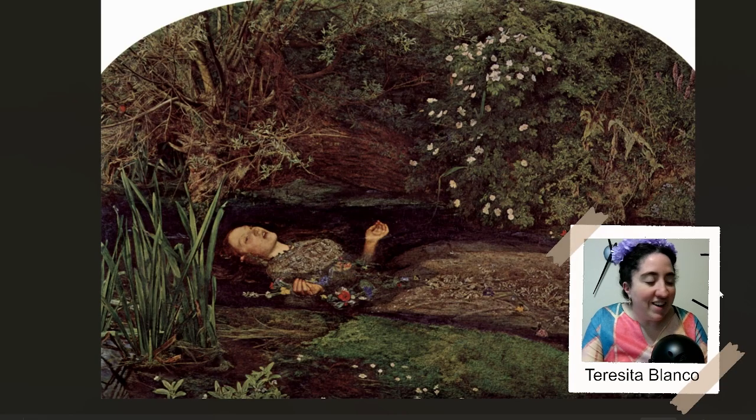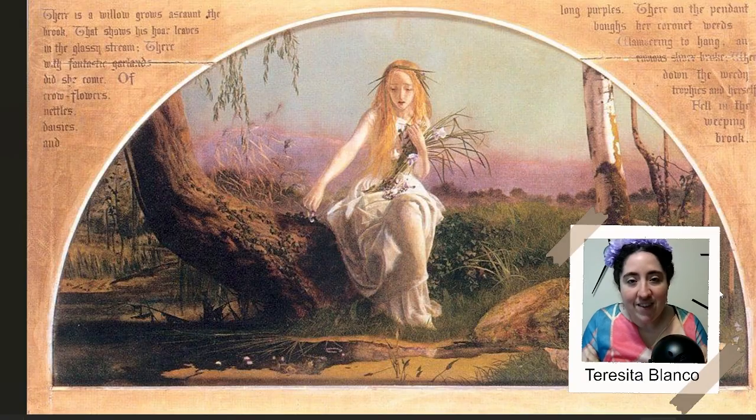So now we're going to be looking at all of the other paintings of Ophelia that came out after 1851, due to the Ophelia mania that John Everett Millais created. Alright, this one is from 1852, one year later, by Arthur Hughes, and it's Ophelia by the river before she falls